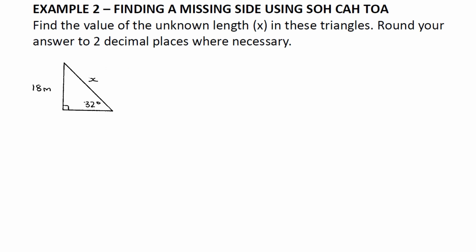Okay, so this final example is a little bit different to the others we've covered so far, but we basically start off the problem the same, and let's see where it goes. So start off by labeling your opposite, hypotenuse, and adjacent sides. And for this triangle, we can see that the opposite and hypotenuse sides are the ones that have information on them. So that means we're using the SO out of our SOHCAHTOA or the sine ratio. So we're going to write it down, sine theta equals O over H, and then we're going to fill in